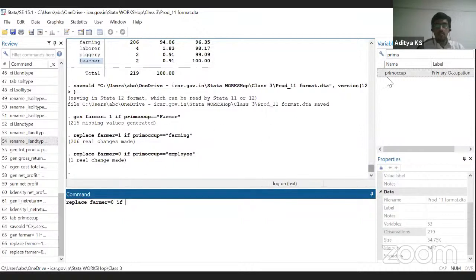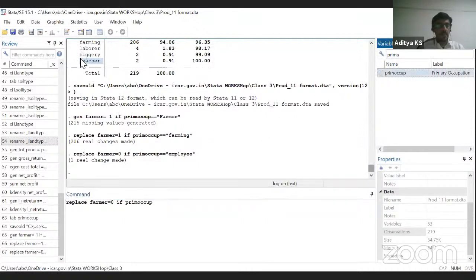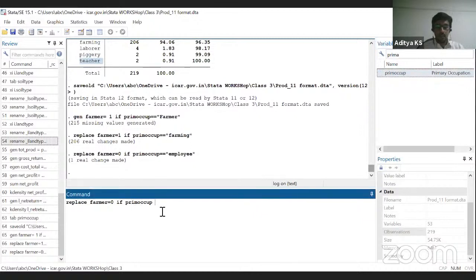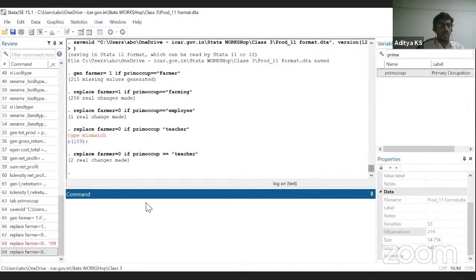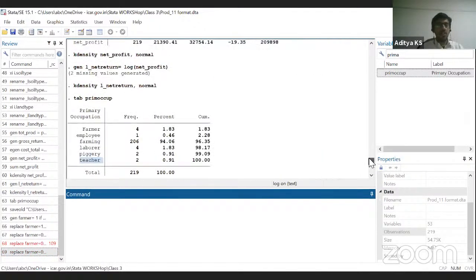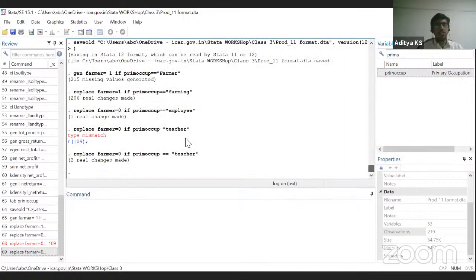So similarly for all the occupations you have to write and then you have to create a dummy variable. But the simplest way of creating a dummy variable is, so here I have written,